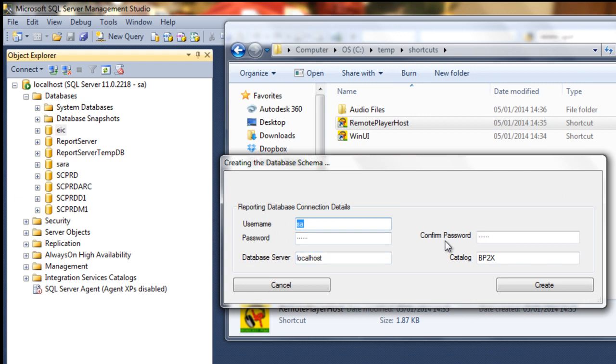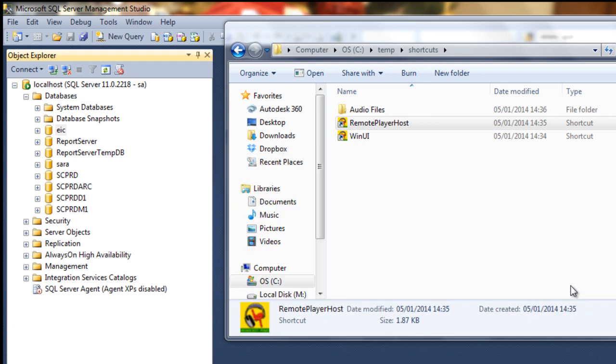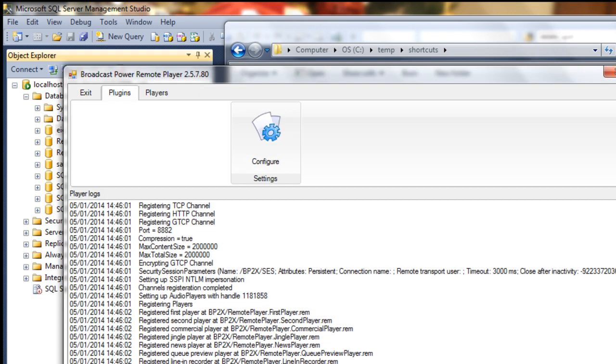These are the connection details that the application extracts from the configuration file that was created during setup. You could review those after setup, but for now I'm just simply gonna press on create. This is gonna create an empty database, which means I might have to do some configurations to get it up and running. I'm gonna wait for it to run, and I should have a database very soon. Okay, so the application started, and as you can see,